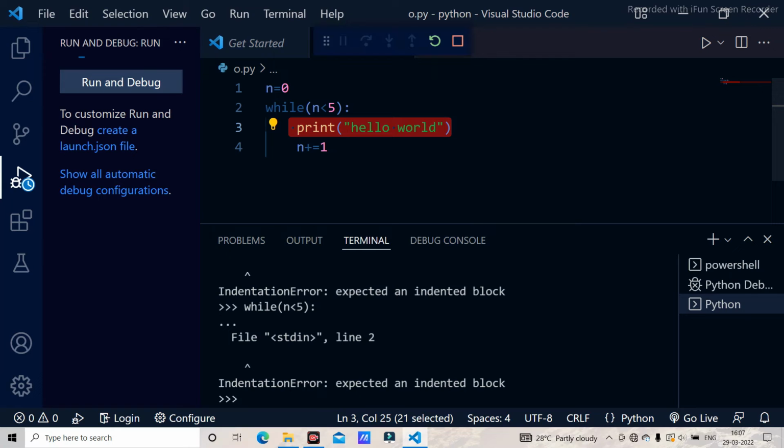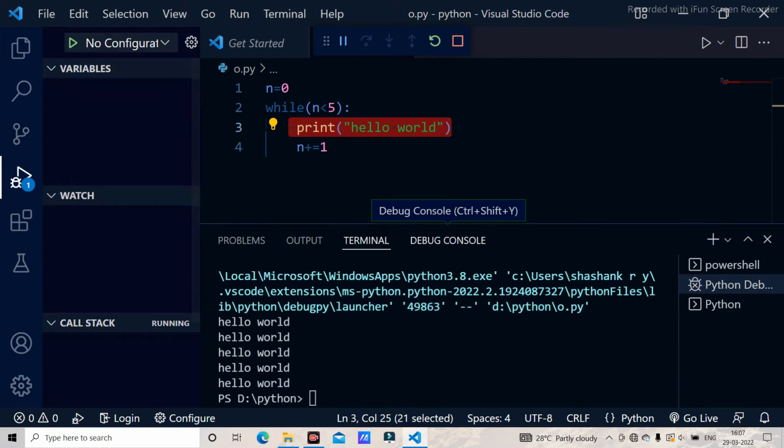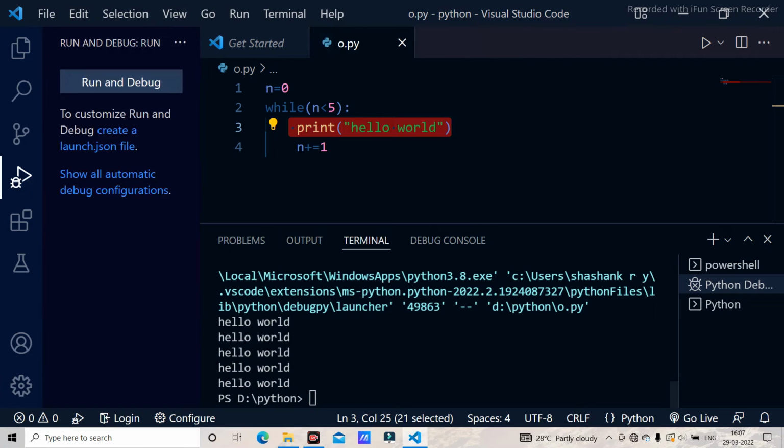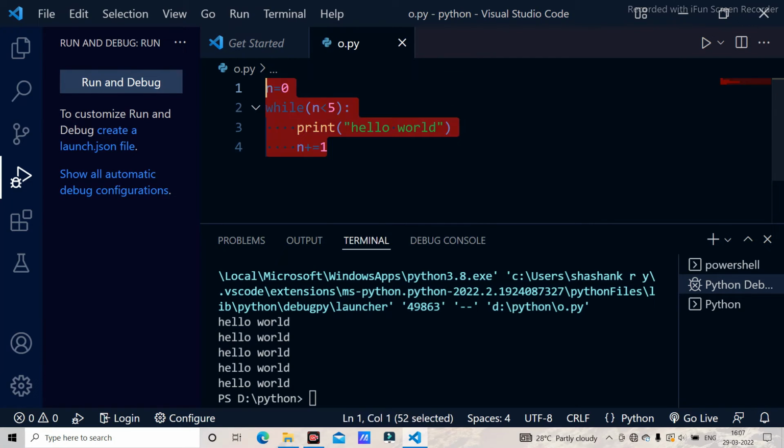And when I just run the program, you are going to get the output hello world 5 times. And this is how we are going to execute for and while loops. And after that you can use the break statement, and I am going to discuss that